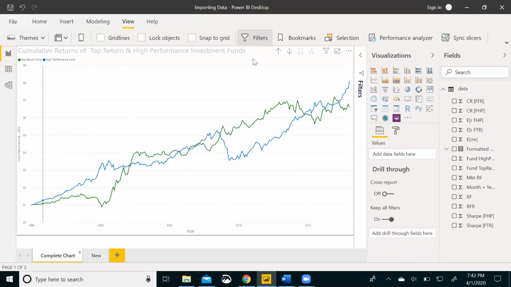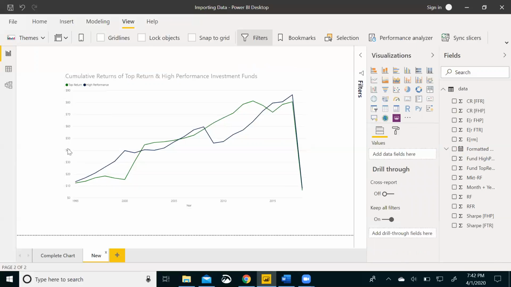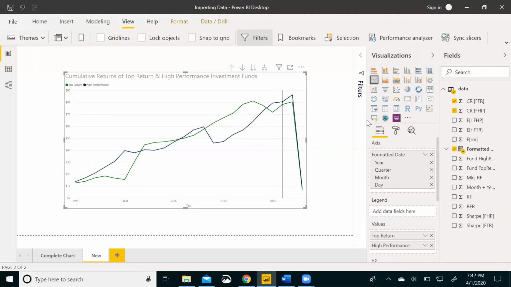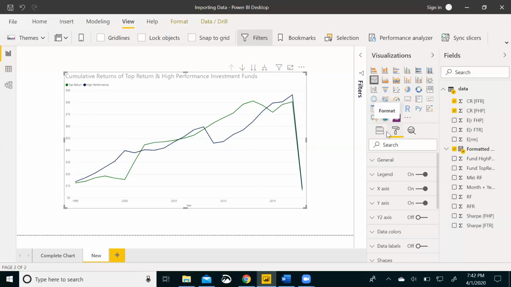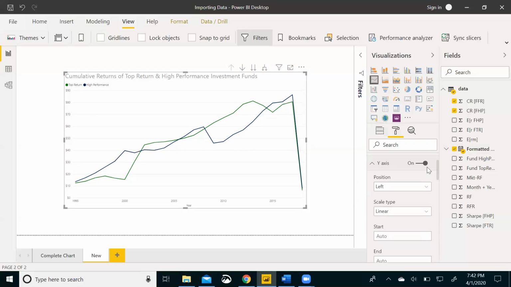So if you go back to the one that I previously performed, you can see that we named the y-axis fund performance, and parentheses dollar equals US dollar. So let's go ahead and add that in here so that you can see the y-axis label. So all you do is, once again, click on your visualization. You can hit format here, and then just go to this y-axis, and you can scroll down and you can